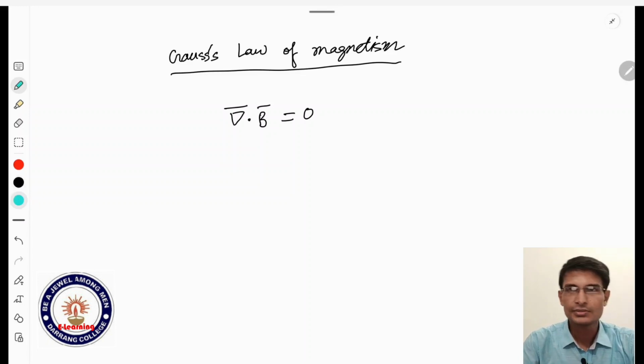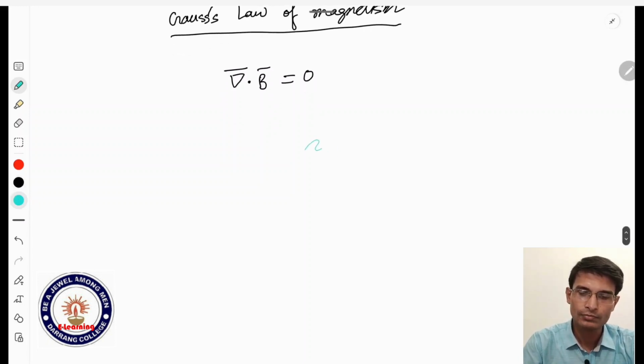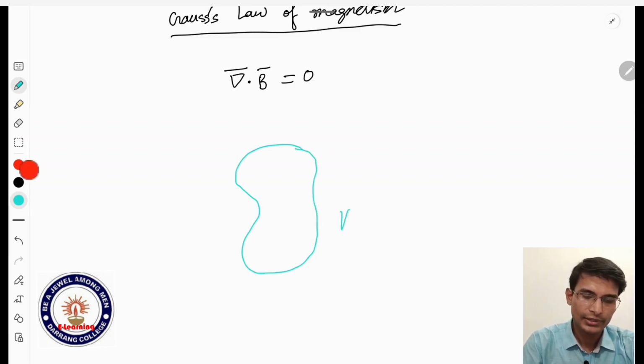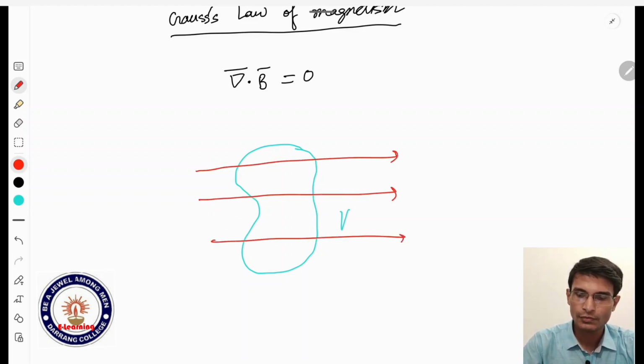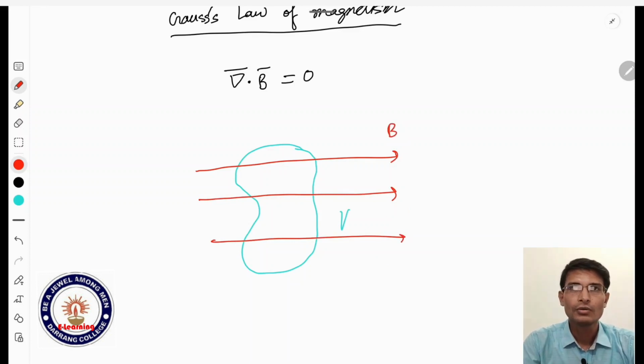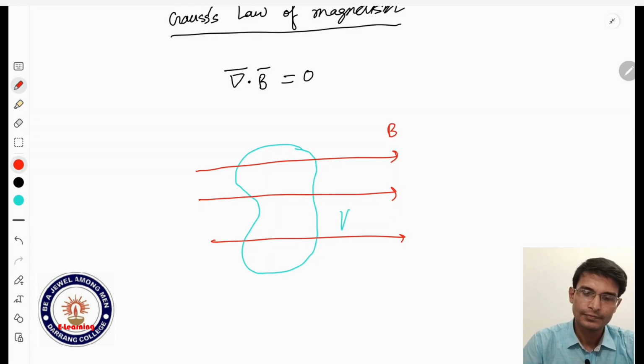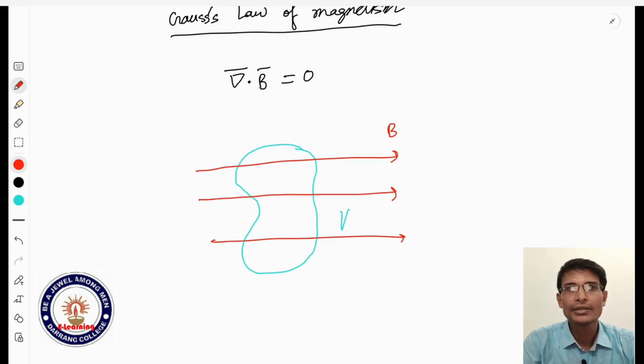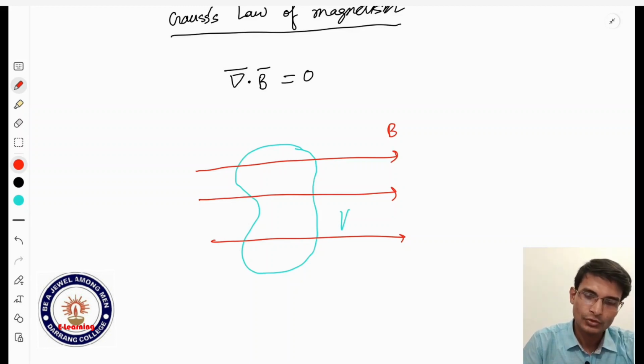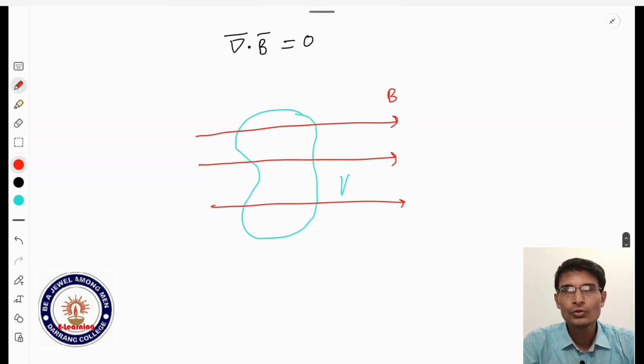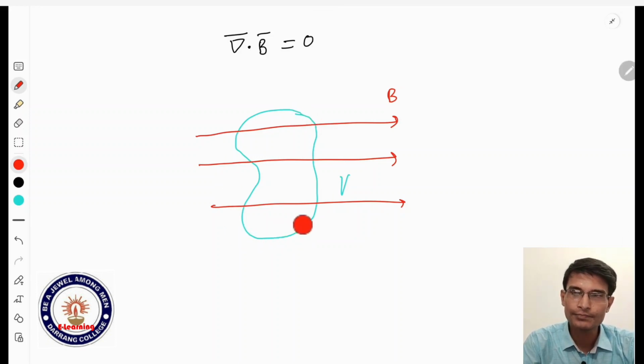In order to understand this, let us consider an arbitrary volume V and consider that magnetic lines of force are passing through this volume V. Now the divergence of magnetic field will give us the net magnetic lines of force that are passing out of the surface. So if there are no sources or sinks of magnetic field inside this volume, then the net